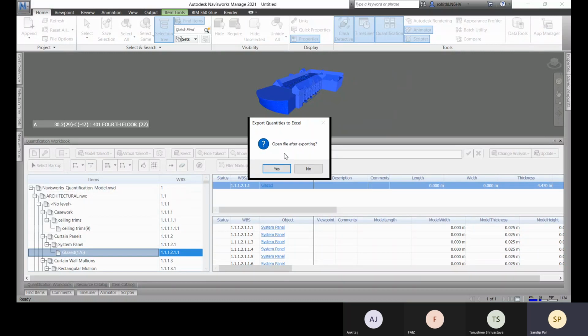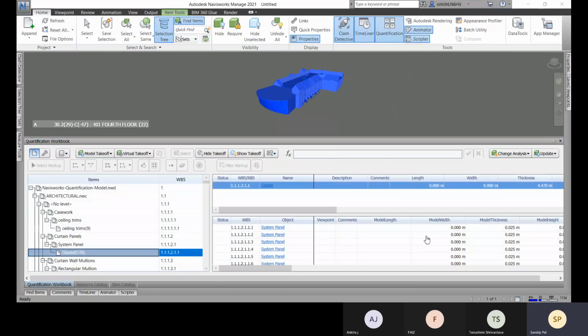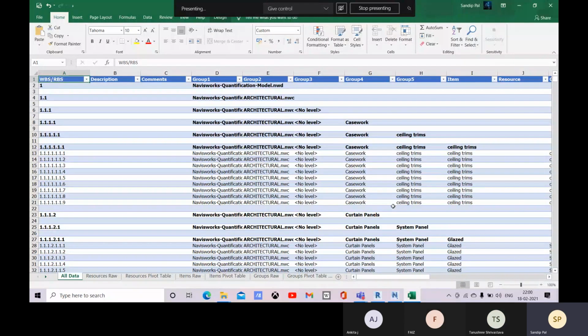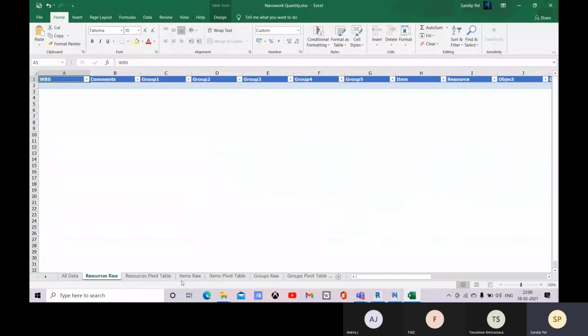Yeah, so it's asking whether you want to open it after exporting. So let's open this. Now it will take time to open it. Let me share the screen. Is this Excel file visible to you? Yes, sir. So this is the file.